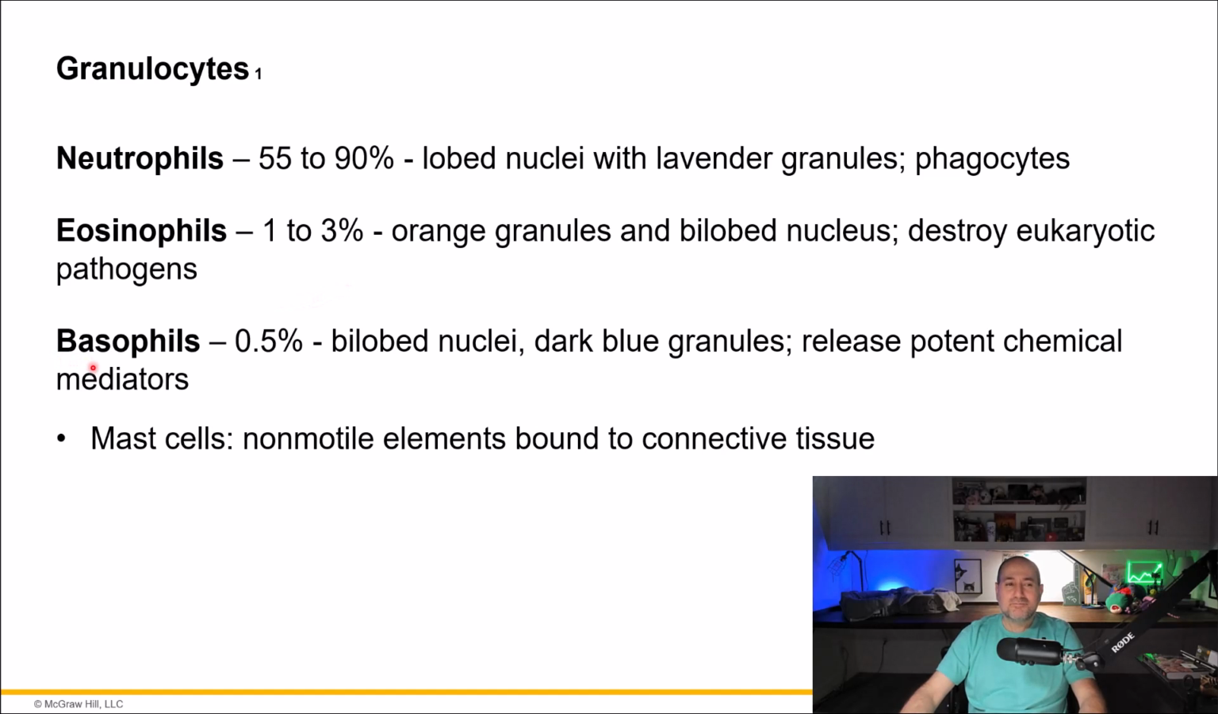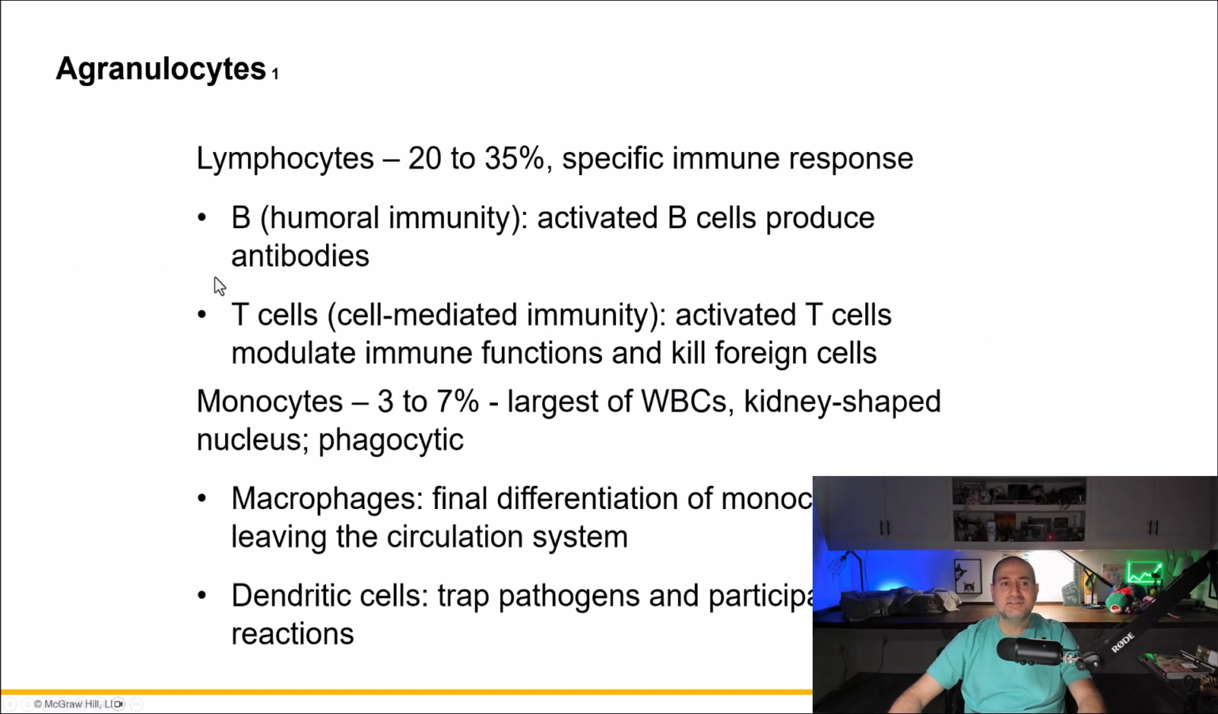And then you have the basophils. You should know that these release chemical mediators, mainly histamine. And you should know that the mast cells also release histamine. So that's what they do. Next, remember the lymphocytes are a type of leukocyte. There's the B lymphocyte or B cell and the T lymphocyte or T cell. And these are